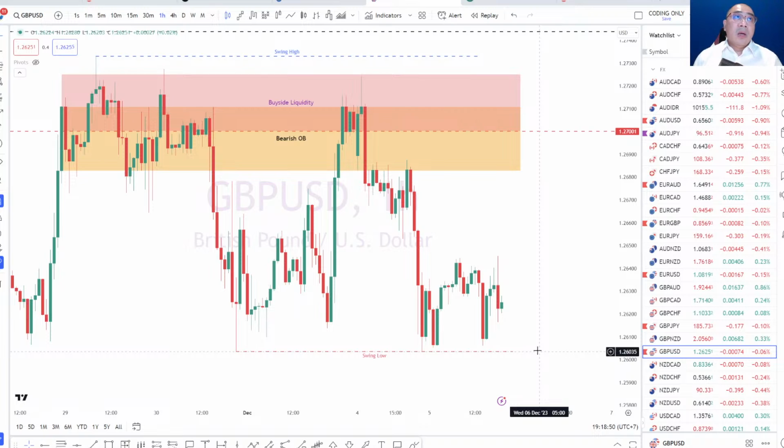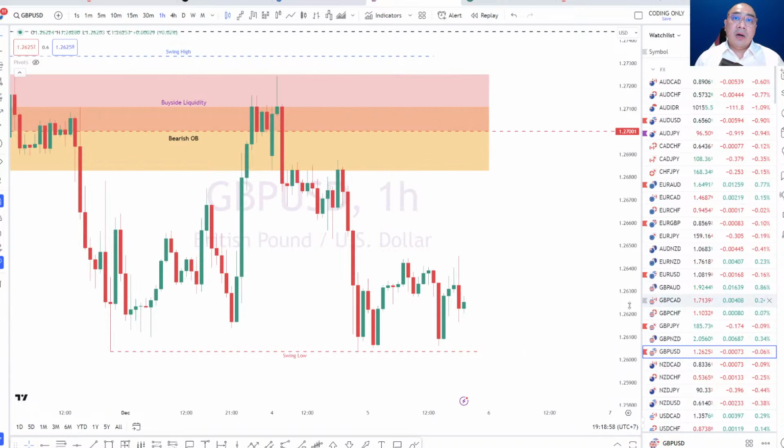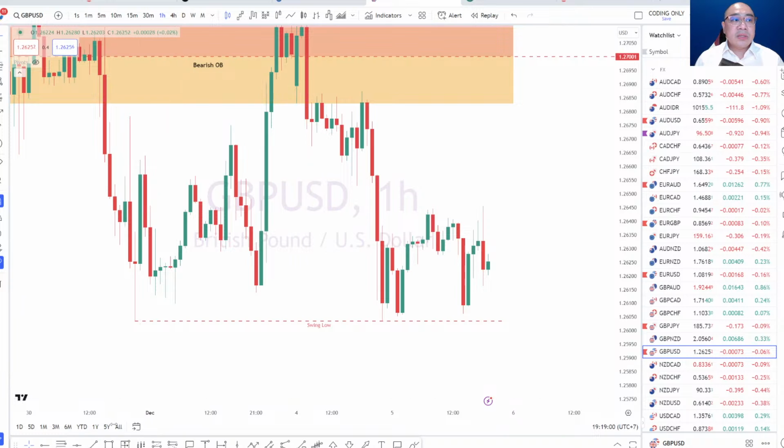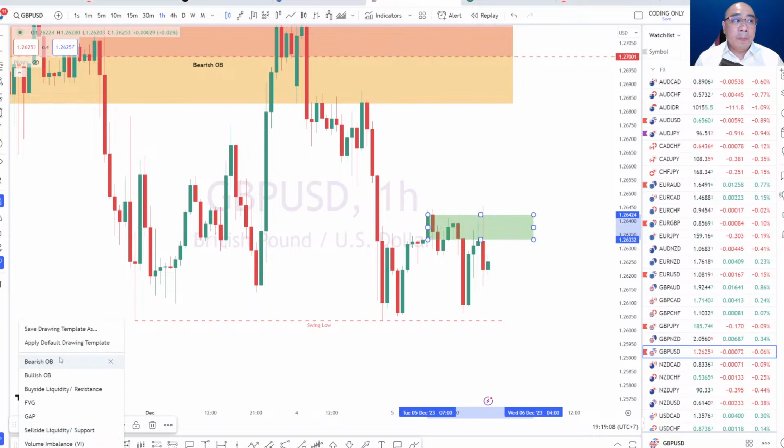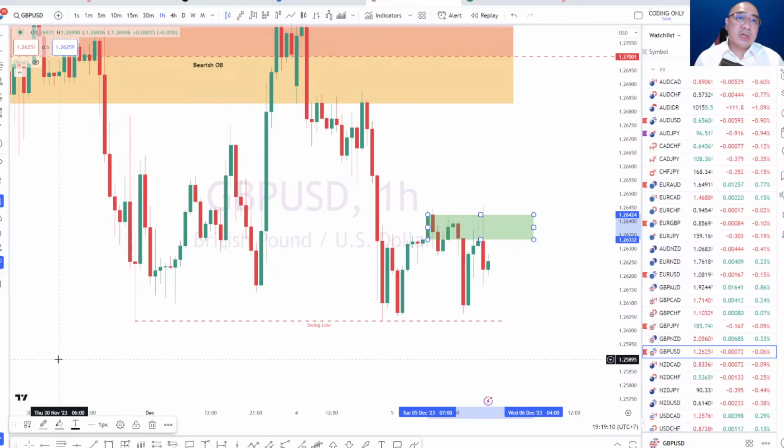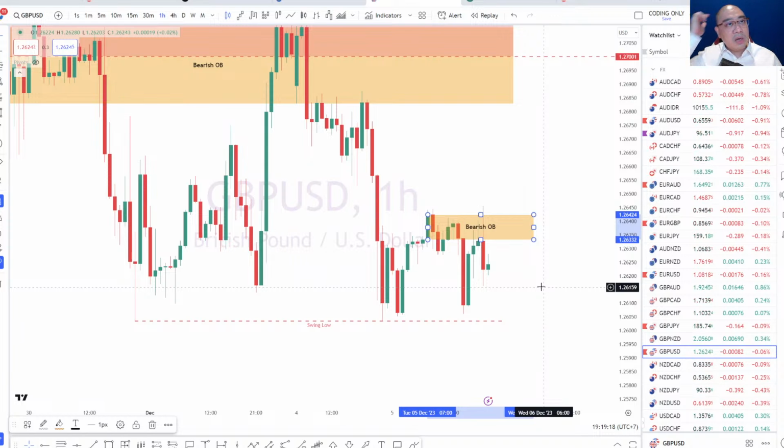Okay. Let's talk about imbalances in the market. Now, a very good example here on the pound USD. Take a look at this area where it's finding a little bit of resistance, and this can be identified as a potential order block as well, right? So we can identify this as a potential order block, but there's something there that makes it become a resistance in the market. Can we identify that as a potential order block? Yes, but does it fall in a specific key level that we're looking at in the market?